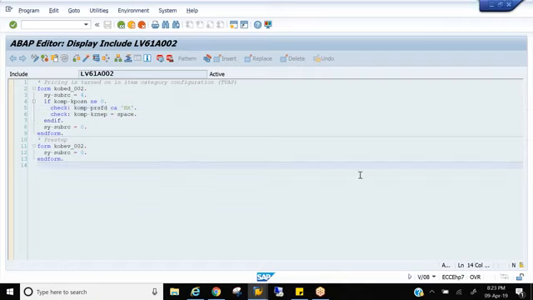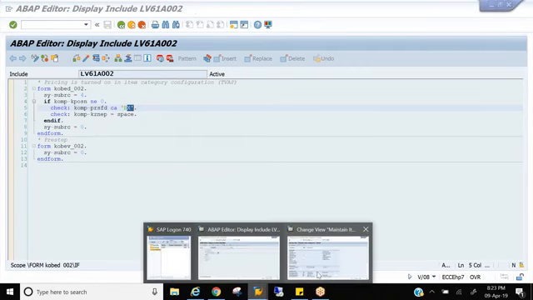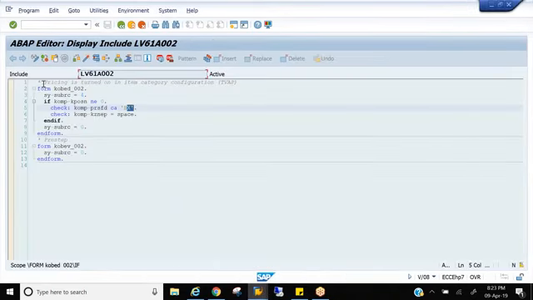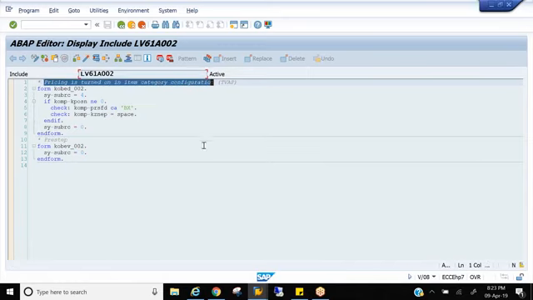That means even though you have a price, you don't charge it. Only when it is X do you charge it. That's what the system validation is doing: go and check in the item category configuration whether pricing is X or not. If it is X, then get that condition type into the sales document.